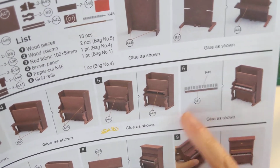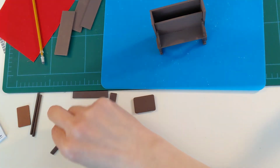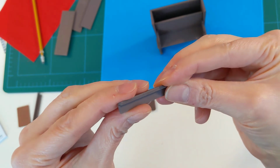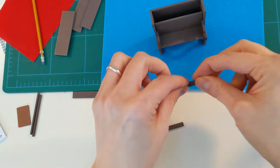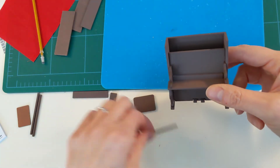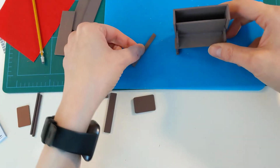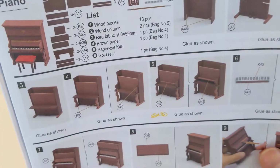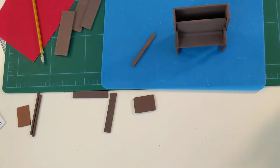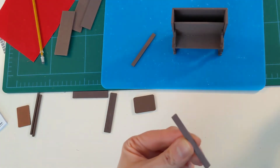That's A41. Okay, so here's what I think it's doing. It's like this, where one is up resting on the other. So I'm going to glue one flush against the back, and then another one as a little shelfy thing. That's what I understand. Little shelfy thing. Yeah, that's what it looks like. Okay. So